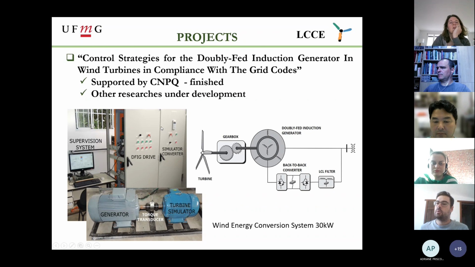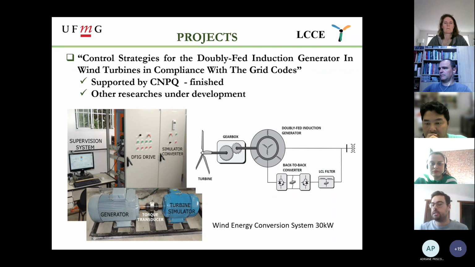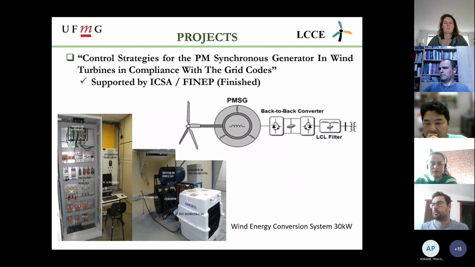Here, for example, we see a small system of 30 kilowatts with a doubly fed induction generator, and it supports lots of research about the power electronics, the control of the system, and the grid integration. We also have another test bench with a permanent magnet synchronous generator, and I will not give details of this, but just to show you that we have